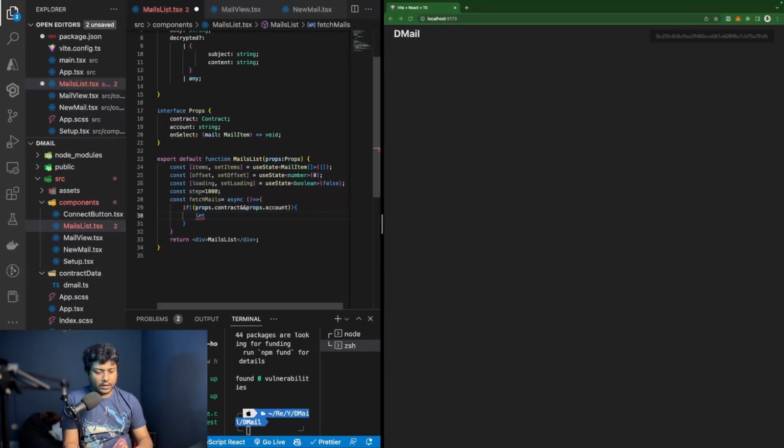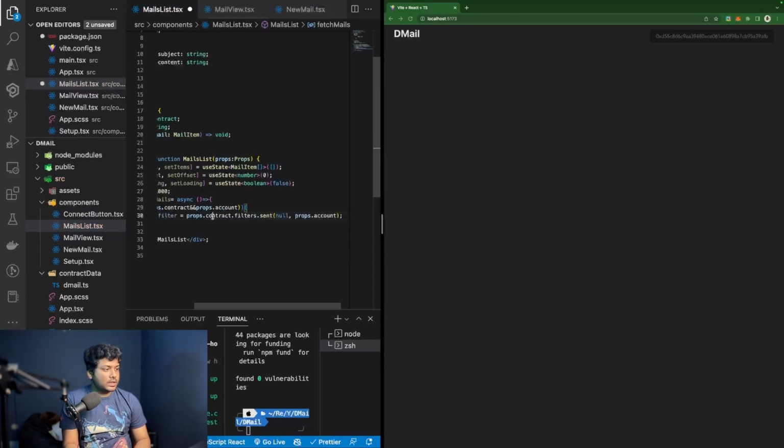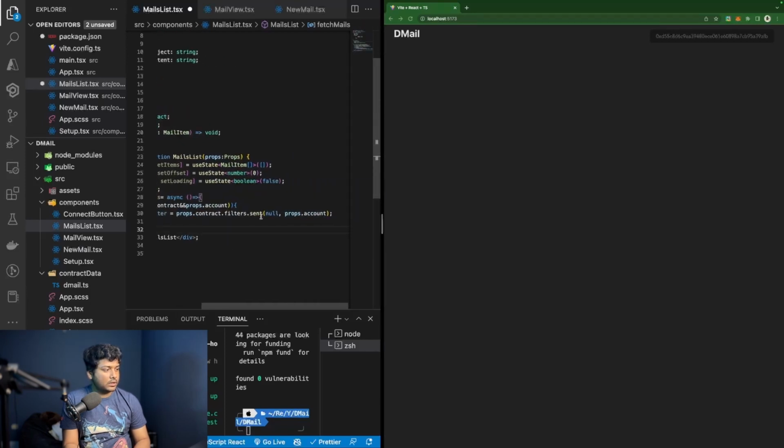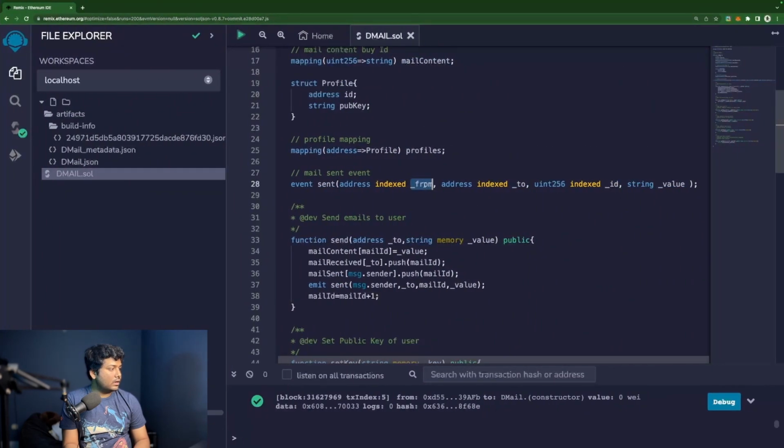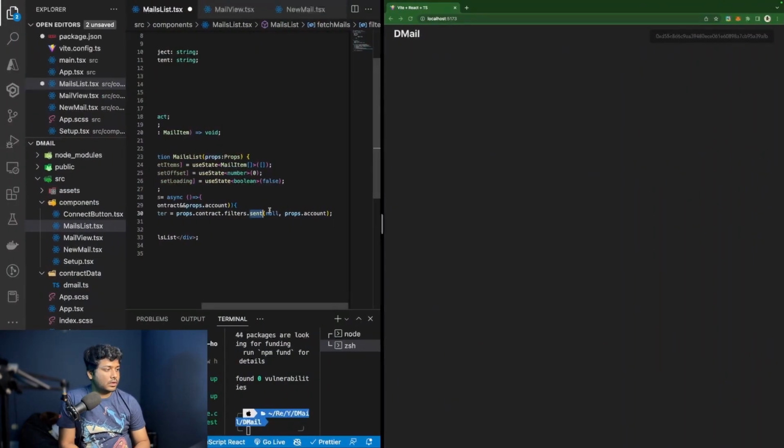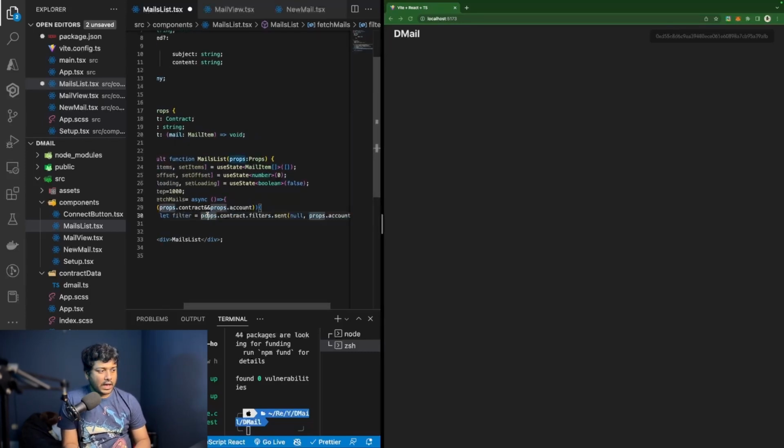So to create a filter, we will be using the contract dot filters, and in the filters we'll use send filter. We don't want the from address, sorry. We want the to address to be our own address. So for the first filter, we want null. We don't want to put any filter here, but for the second filter we want to use our own account. Once we have the filter ready,